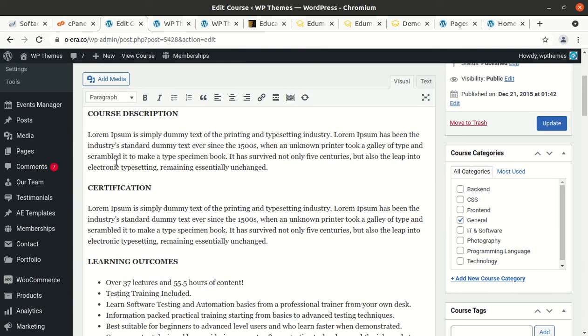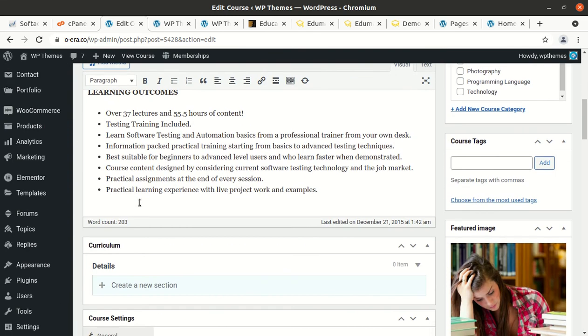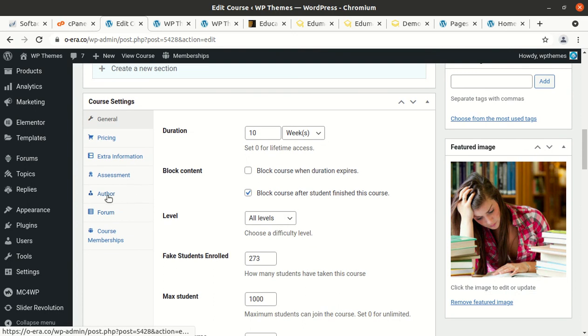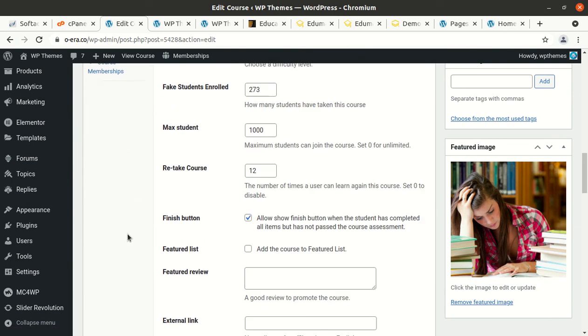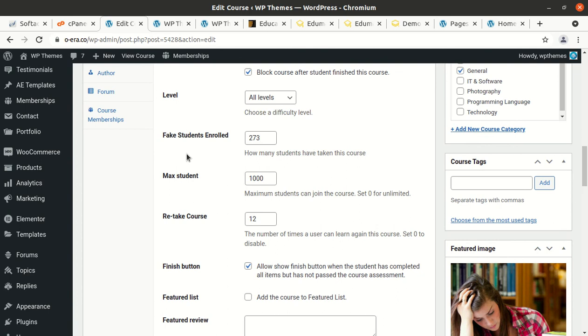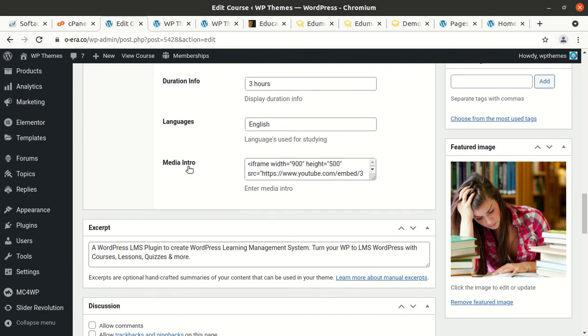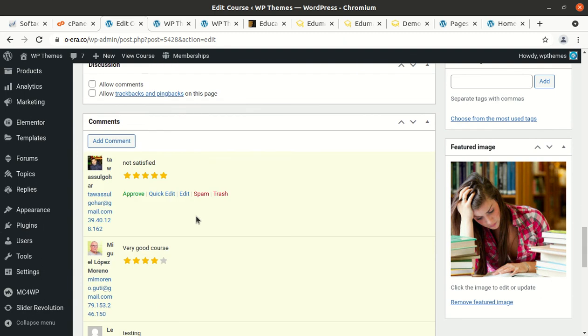Here are the course fields. So heading, course descriptions, general, pricing, extra information, assessment, author, forum, course membership, and all such information for a particular course.